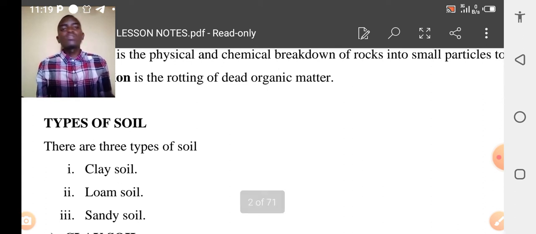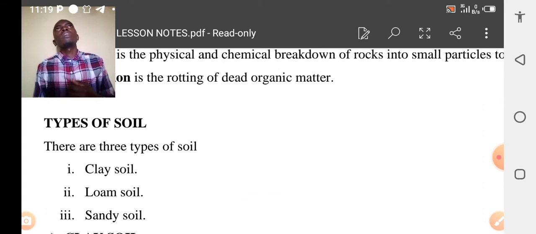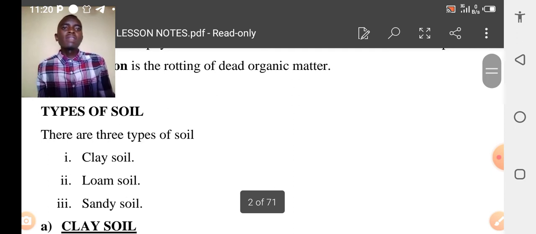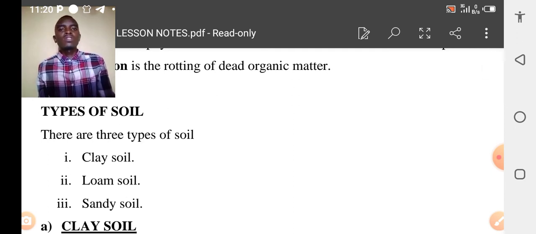Let us continue with types of soil. We have 3 types of soil. The first one is clay soil. You can make many things from clay, such as a pot from clay, to make